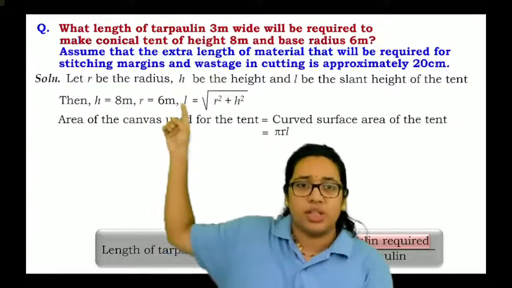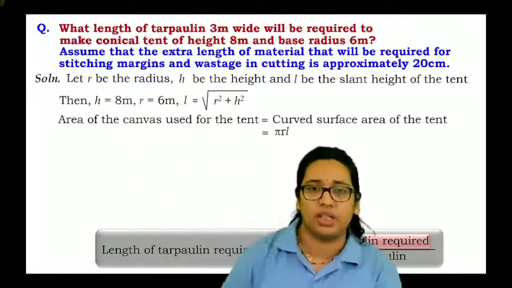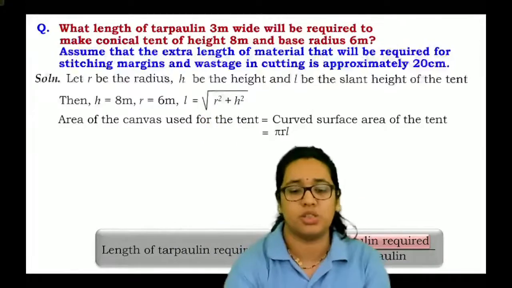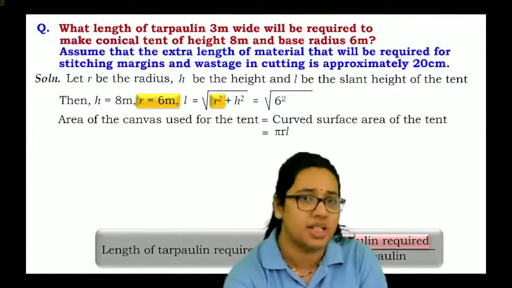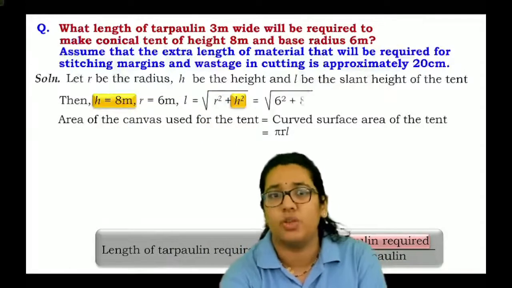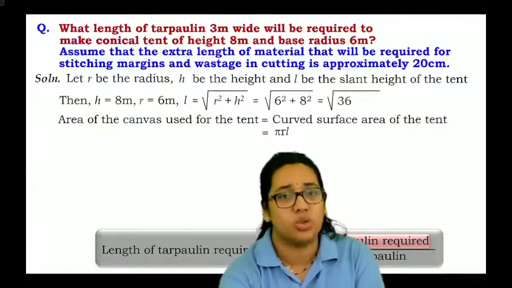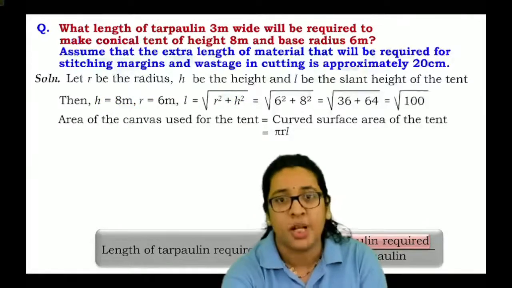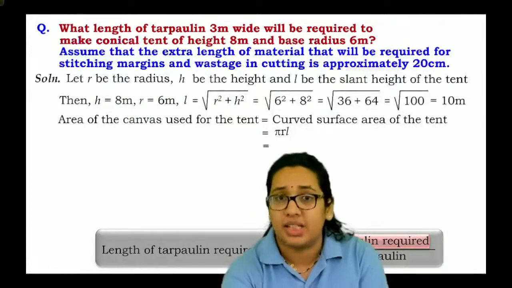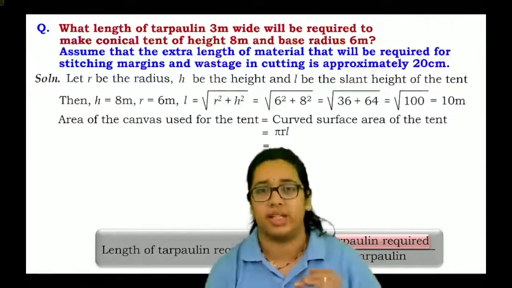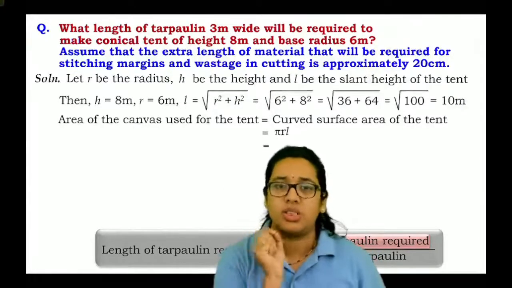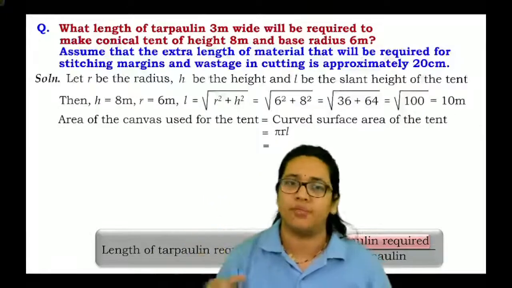But now we have to find the value of L, so we can use the formula as L equals to square root of R square plus H square. So we'll just put the values of R and H which is equal to 6 and 8 respectively. So you will get L as the square root of 100 which is nothing but 10. जो भी कुछ स्टेट पार्ट था वो सिर्फ इतना सारा,